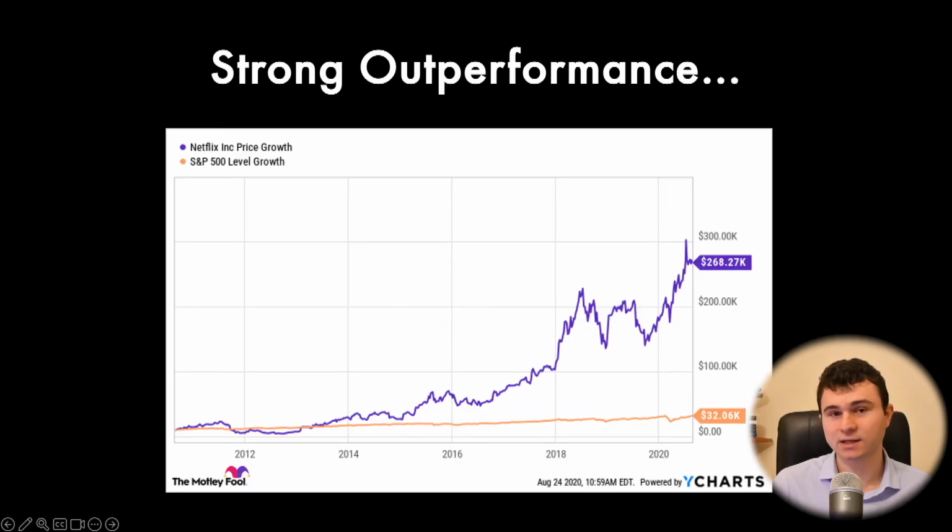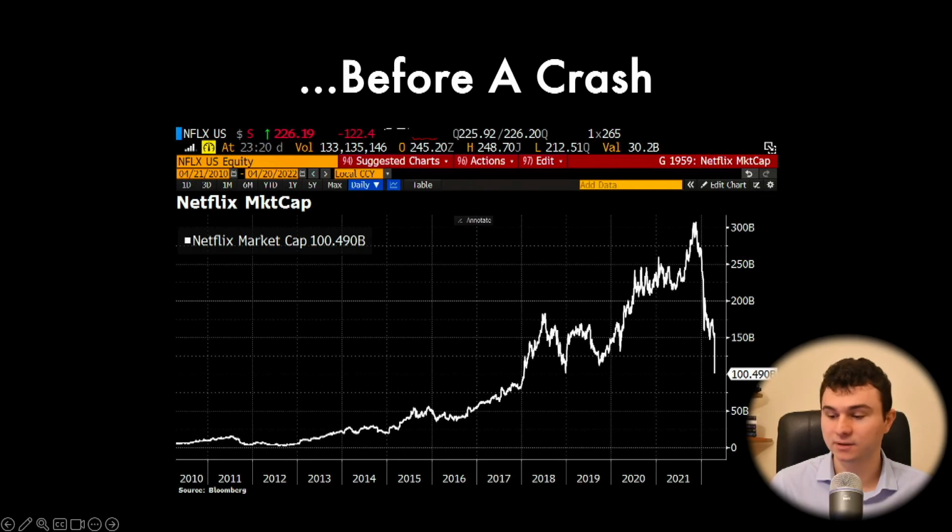If you look at this chart, you can see a strong outperformance from Netflix compared to the S&P 500 for a decade, I would say. So it's easy to say, okay, that's a wonderful investment. I should have bought at the beginning. What you don't see is that crashes can happen. And this happened for Netflix in 2022, where the stock lost 70% of its value. That means that you can be holding the stock for 5 years, 6 years, and then lose everything because there is some drama, some market news, some events.